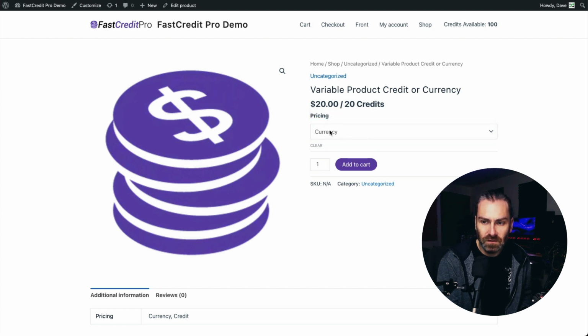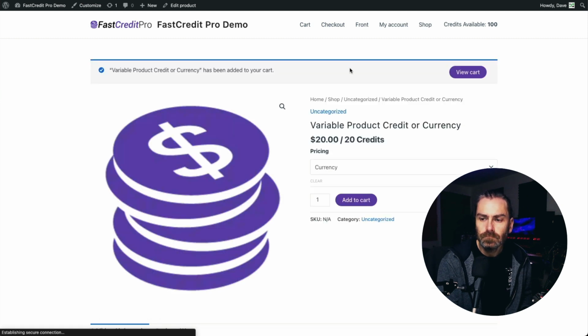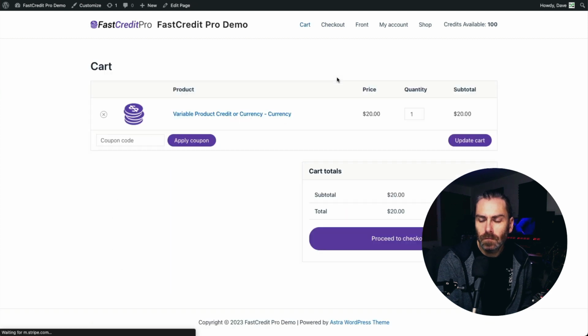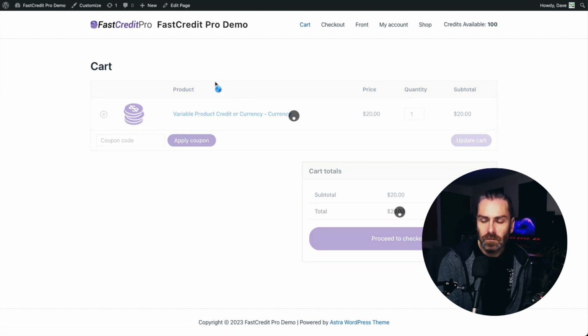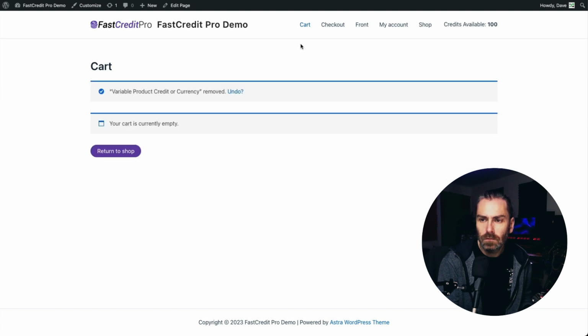So for example, if we select the currency here and add that to cart, and then we view the cart, you'll see the currency version is in the cart and we can check out with that as normal as a WooCommerce product. And then if we remove this from the cart, go back to our shop